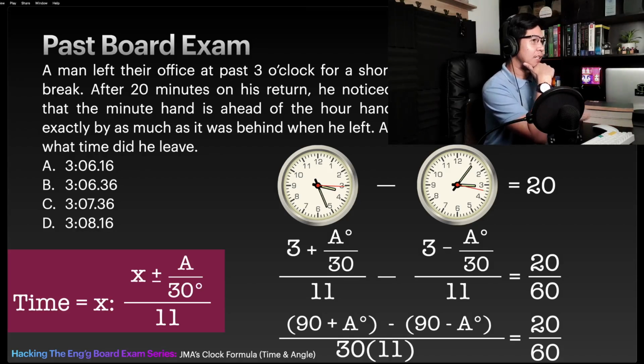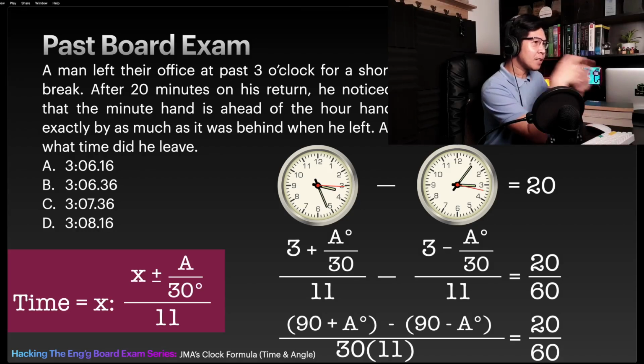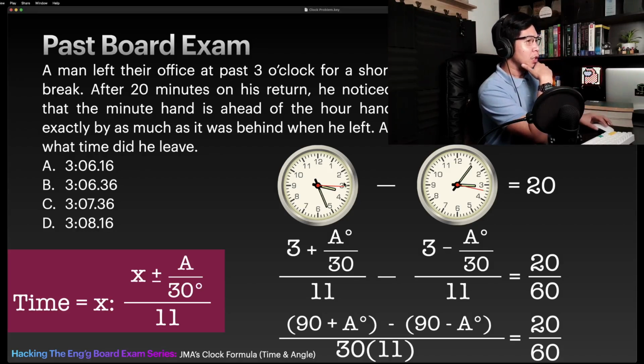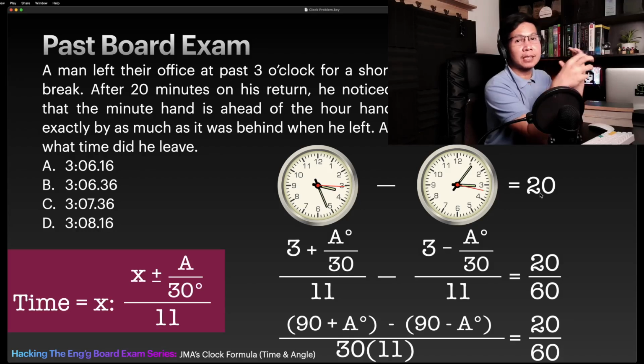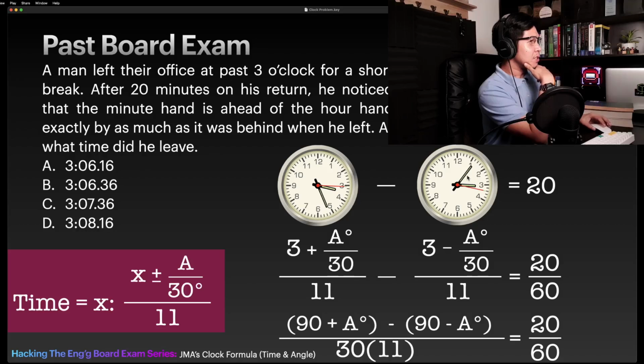What time is that? And then, after 20 minutes, nasa 25-minute mark na yon kasi this is after the 5-minute mark. So, after 20 minutes, nasa 25-minute mark na yung minute hand. But, ang concept dito is this. So, yung time na bumalik siya minus yung time kung kailan siya umalis is equal to 20 minutes. Yun yung nag-elapse na time eh. And, take note, since sabi sa question,